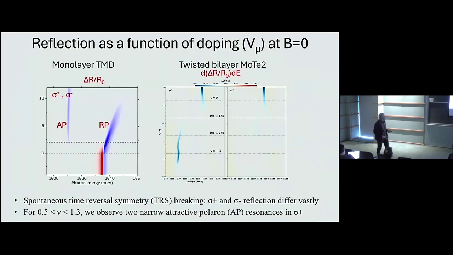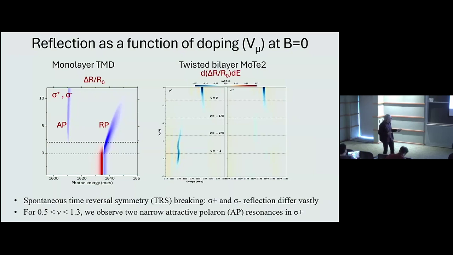All right. So now, as I just said, we like to do reflection measurements, and that's also what we did in these devices, which is what you see on the right-hand side. And looking at it, maybe you would say, what does this mean? What should we get out of this? Although I claim here that the fact that sigma plus and sigma minus are so different is already telling us that there is time reversal symmetry breaking. So the system responds to the two polarizations in a fundamentally different way.